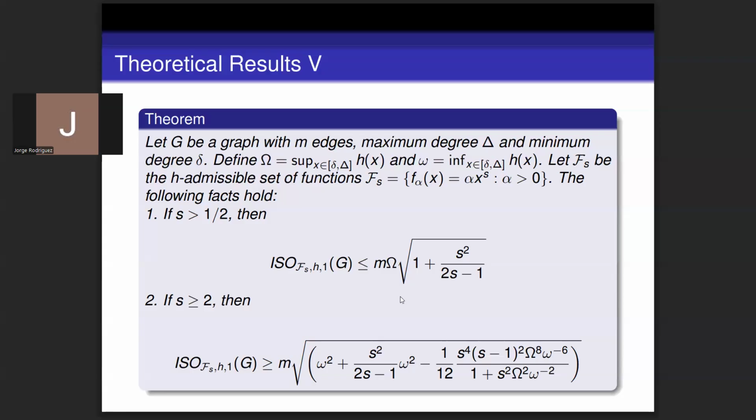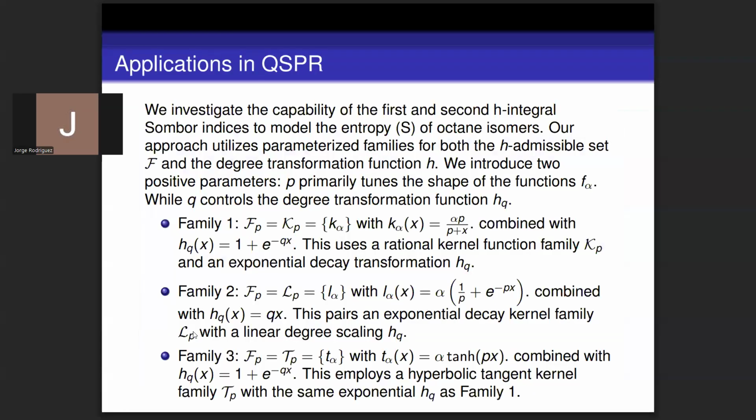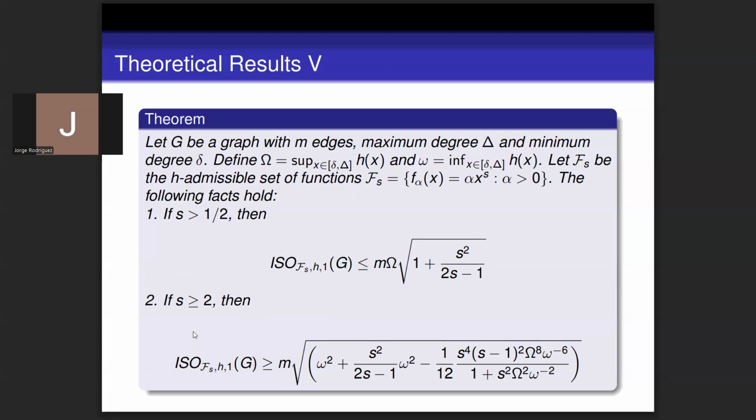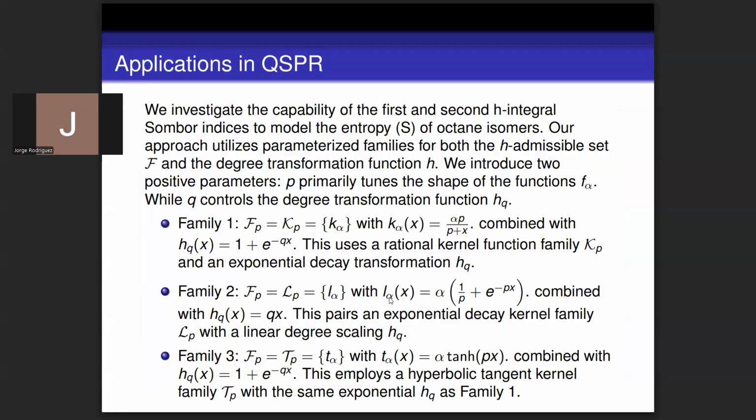And if s is bigger than or equal to 2, then we have this other inequality here: the first irregularity, the first h integral Sombor index, is going to be bigger than or equal to, again, this object here, that even if it looks ugly, is easy to compute. Okay. So now we can go to some of the empirical results